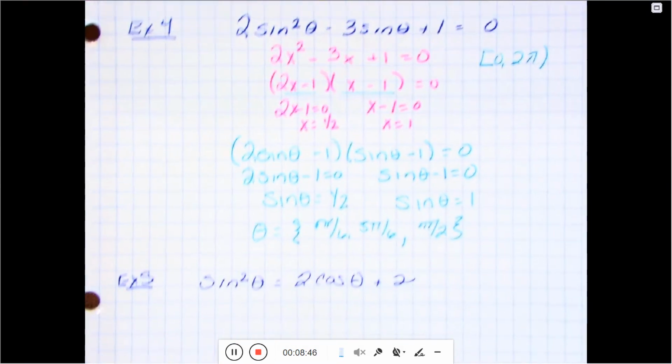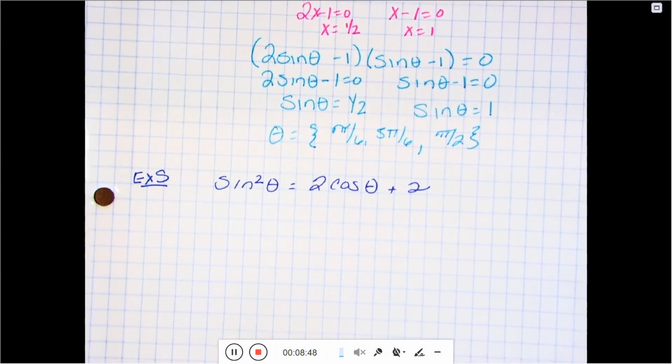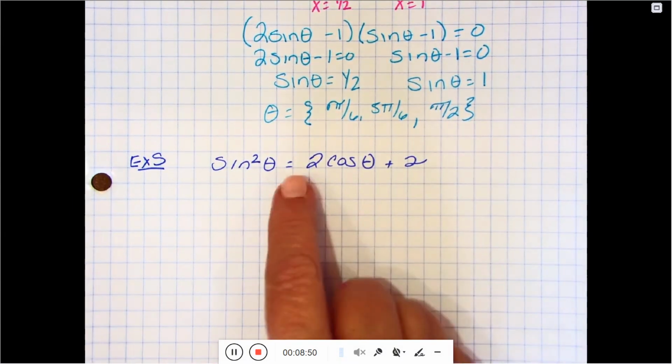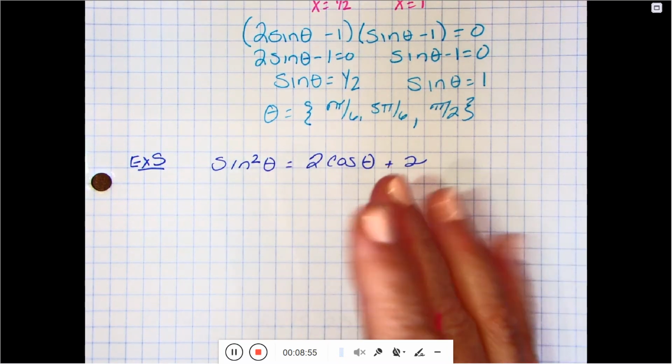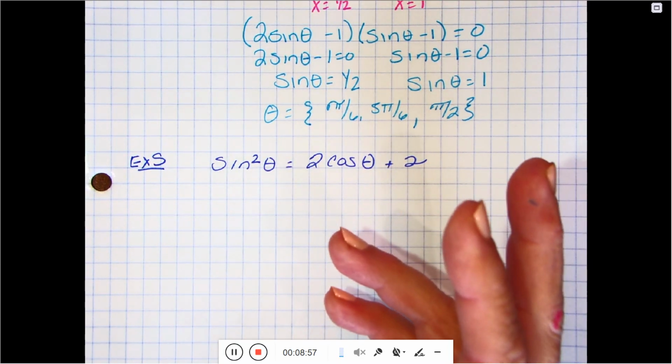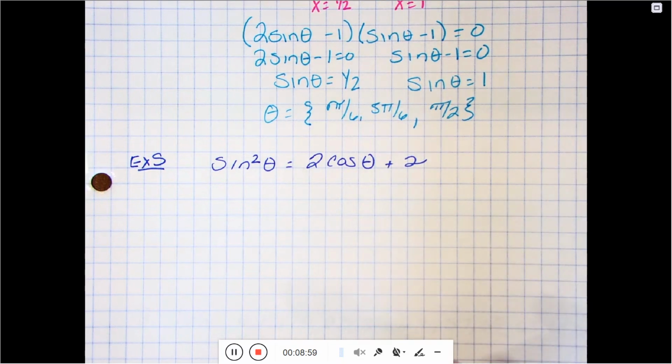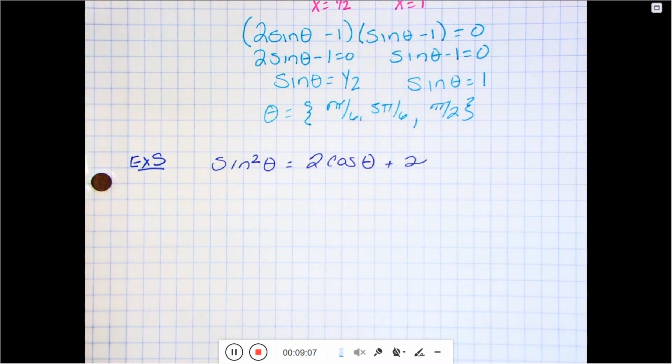The next one has a little bit different twist on it. If you notice, all the equations we had before had either sine or cosine. This one has both sine and cosine. And it's really difficult to solve these when there's 2 trig functions involved. So what we want to try to do is replace one trig function in terms of the other. And